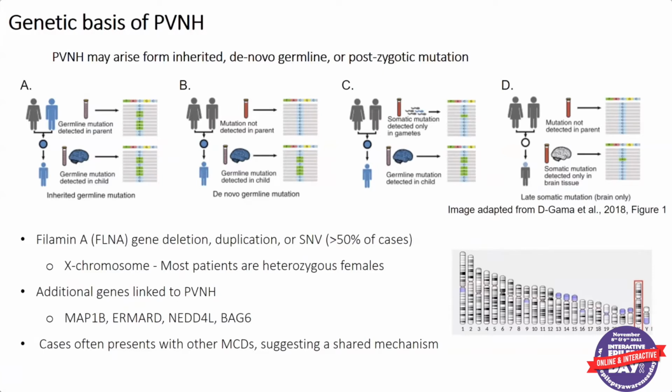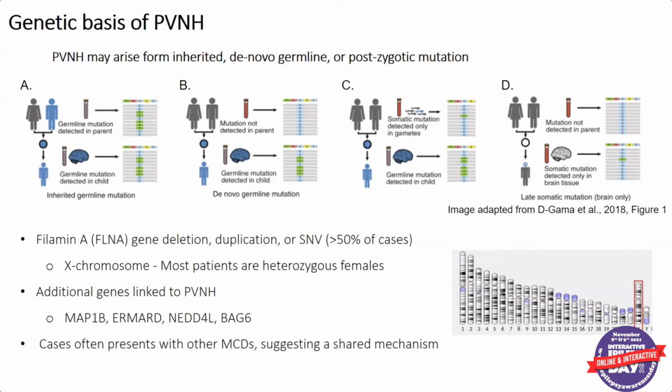So you could have either a mutation in the parent that gets passed on, a mutation that occurs in the child, a somatic mutation in the eggs or in the sperm, and then somatic mutations that only occur in the brain tissue. There are a variety of different genes and abnormalities associated with PVNH that have been characterized, but for the most part, we don't completely understand which genes are abnormal in which individual, and this is still a